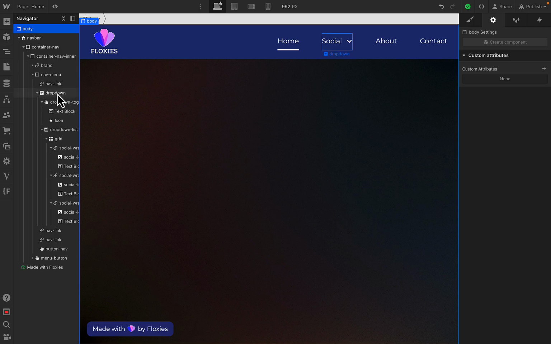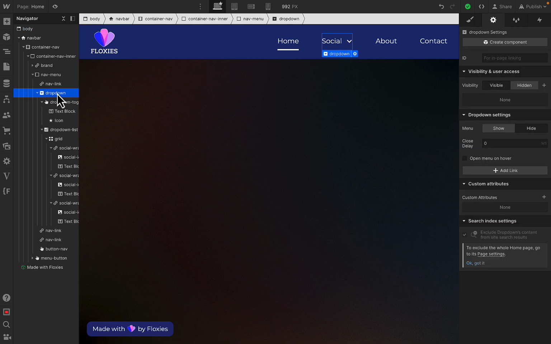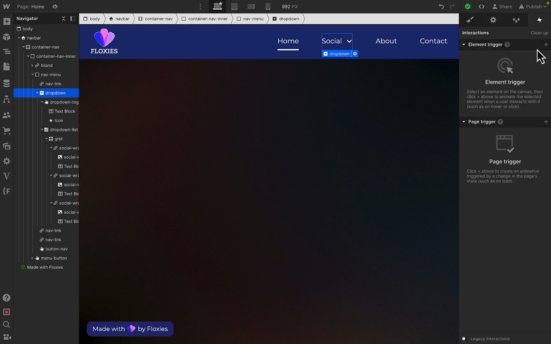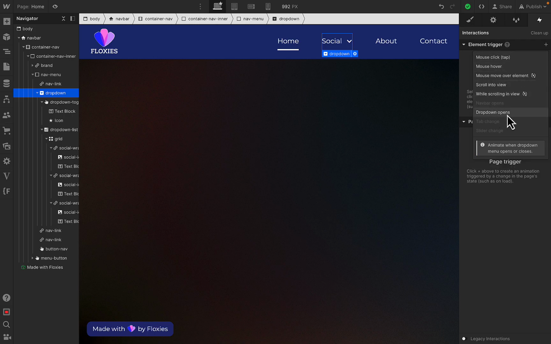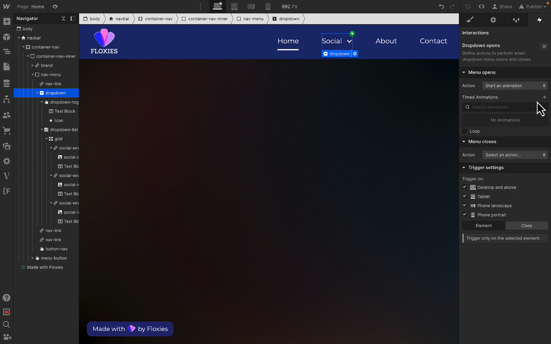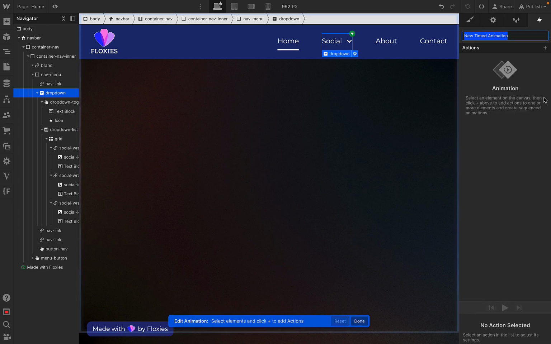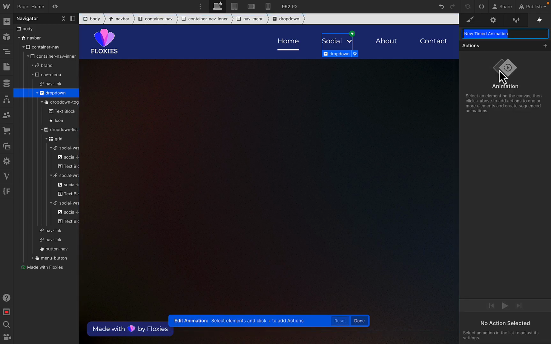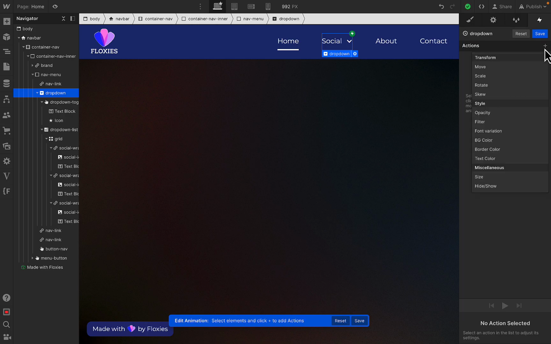So I'm just gonna click on this drop down element here and then click on the interaction, and then press on this plus icon and you'll see the drop down opens. So click that and then start an animation, and then just click this add an animation button. So I'm just gonna name it drop down here, and then click on the plus